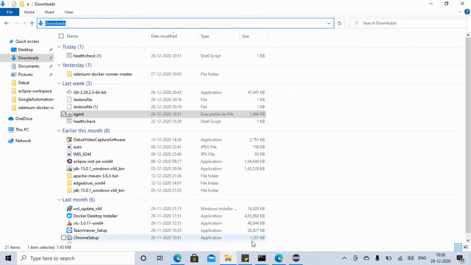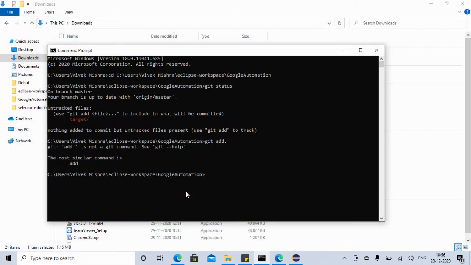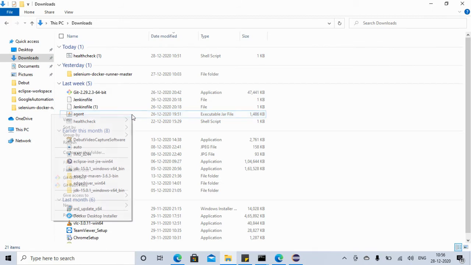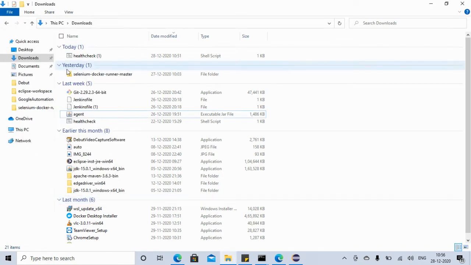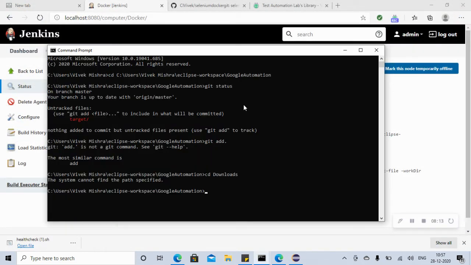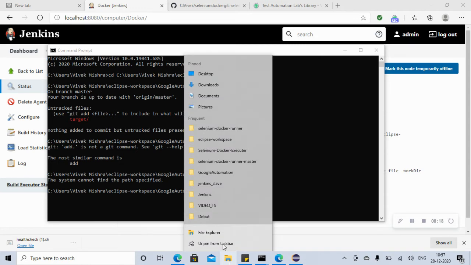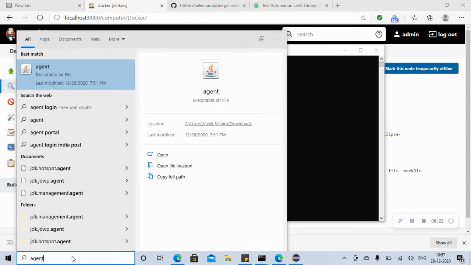And go to the command prompt. Actually, I want the full path.